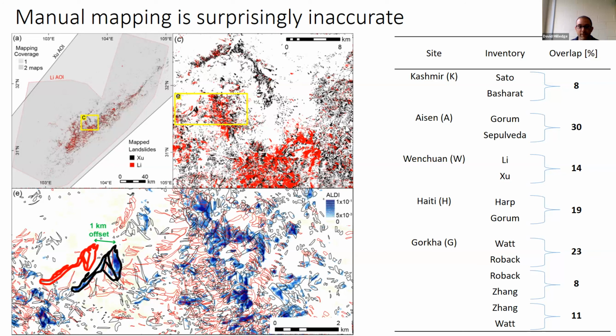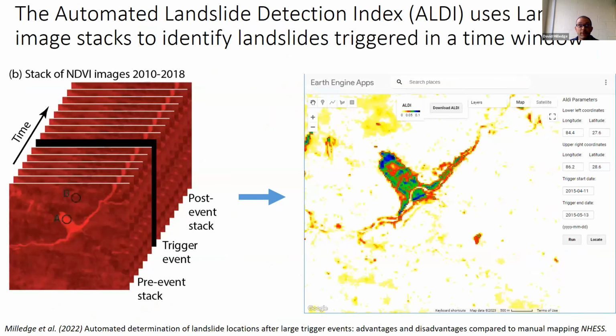I want to emphasize this isn't a few bad inventories. This is a random sample. We'd be kidding ourselves if we thought this wasn't a problem in our own data too. What it means is we need to think carefully about inventory error and its implications for how we use the data. Some better news then,